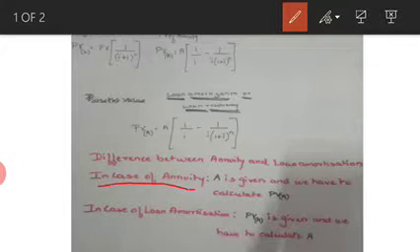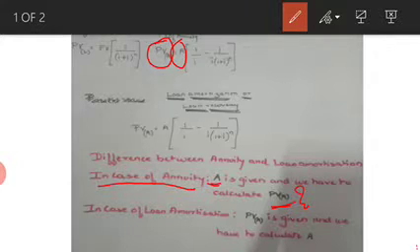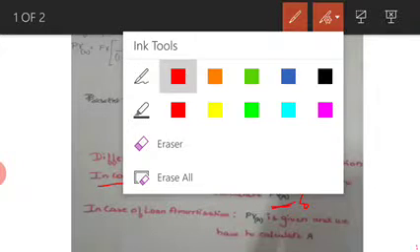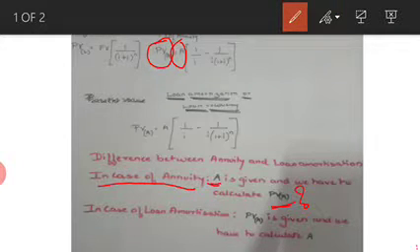So in case of annuity, A would be given to us. That is, in the previous case, if you remember, Mr. X is going to invest 5,000 rupees every year for a period of 5 years was given. So 5,000 every year, that means A was given to us, which was 5,000 rupees. And we had to find out what would be its value today. That means we had to find out the present value of annuity. So present value of annuity was not known. This is where we use the annuity formula.